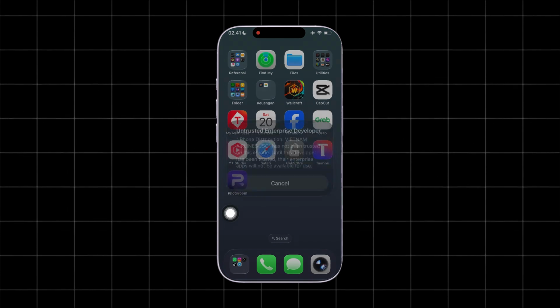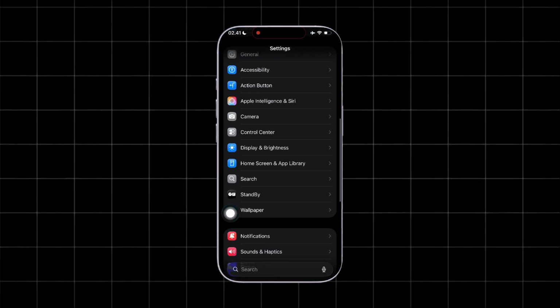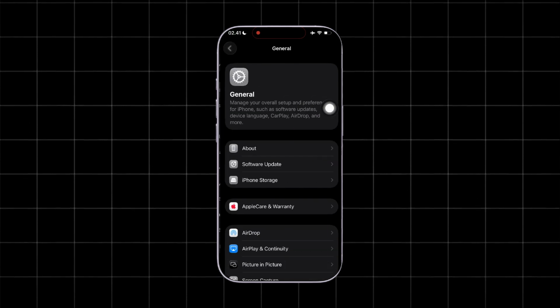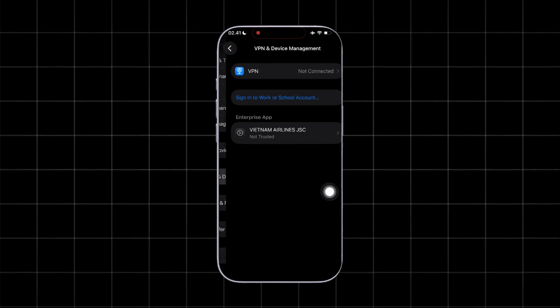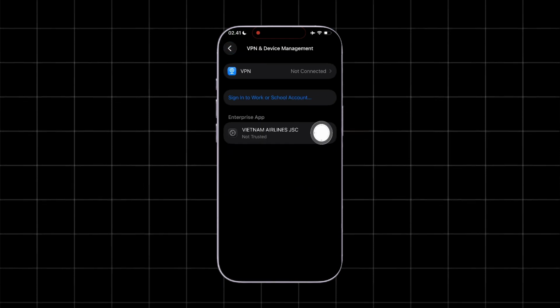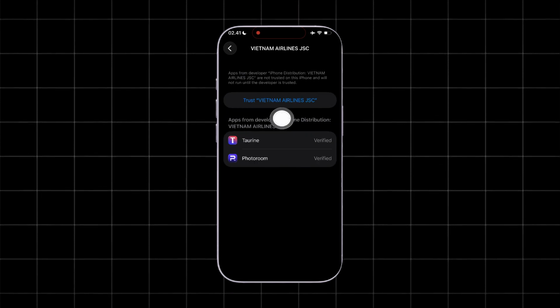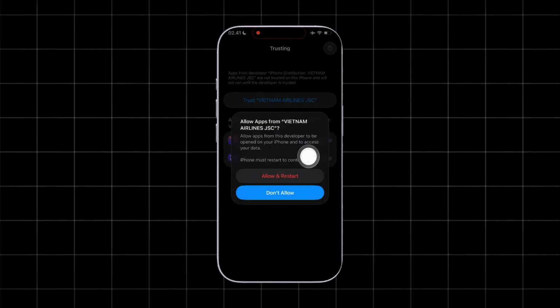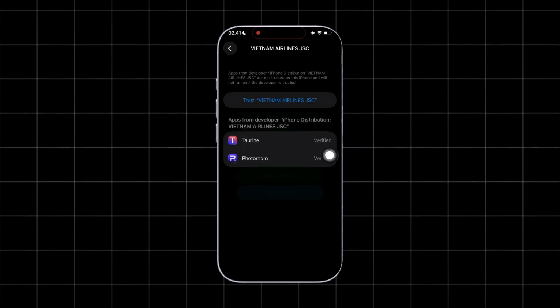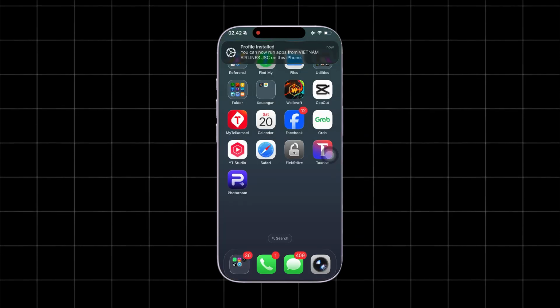Once the installation is complete, return to your home screen. The newly installed application should now appear on your device. Tap the icon to launch the app and verify that everything is working correctly. And that's it! You have successfully configured FlekStore, imported your signing files, and installed an IPA directly on your iPhone